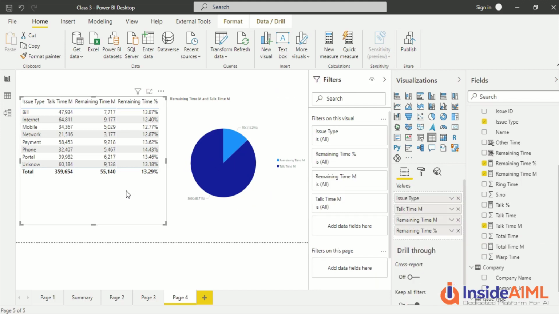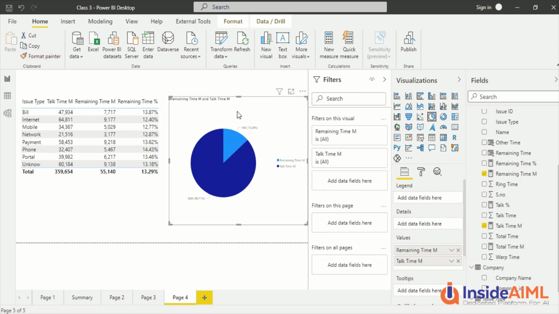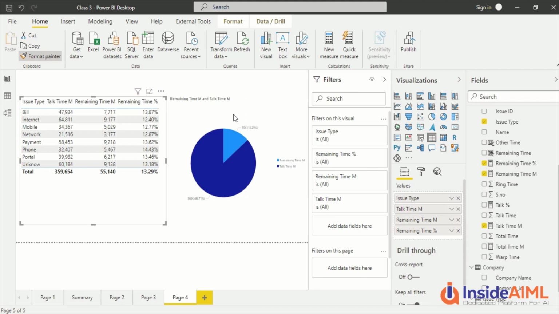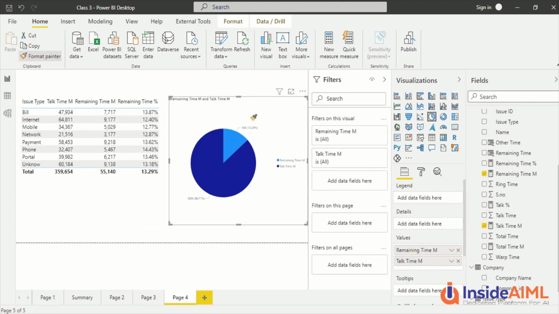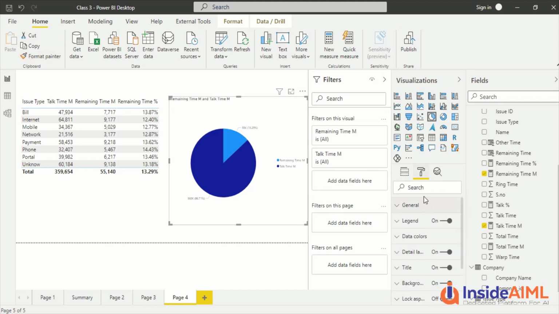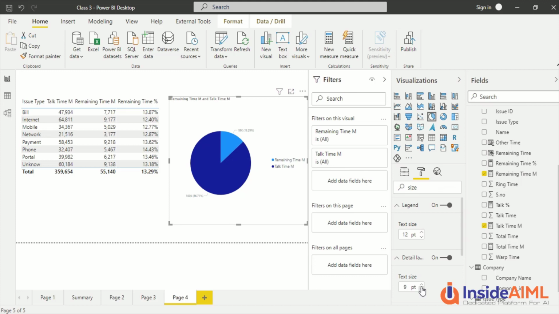So this is what, and what I'm going to do is, it's looking very small, I'm going to take the format painter and make it formatting out here. Does it increase? Let me try it again, format painter. Otherwise we can go ahead and increase the size. So it's not making much sense out here. So let's increase the size out here. The moment you increase size, the pie may become smaller.